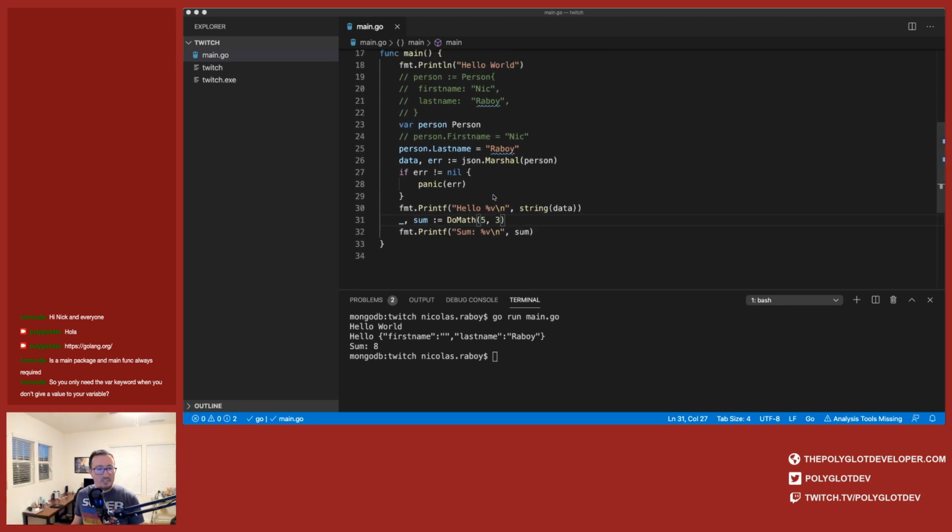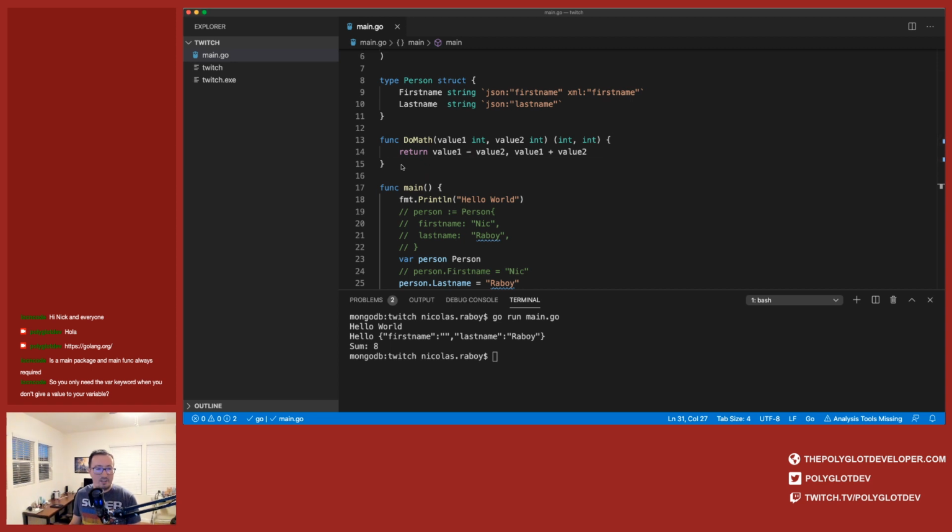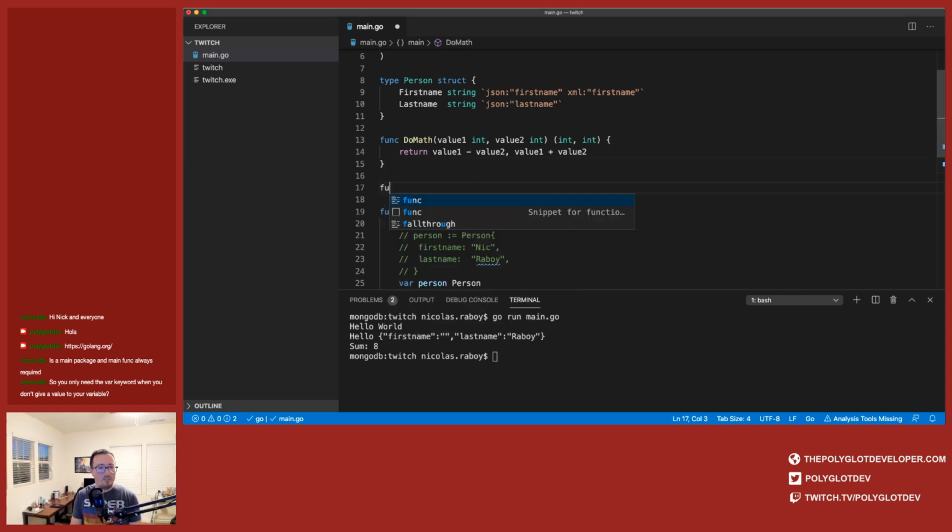What's next? What should we do next? So we have functions. There's more that we can do here with functions. For example, let's go ahead and add another function here. This time around, I am going to add a function to a data structure. I don't know if this is the best way to explain it, but coming from being a JavaScript developer, at least old JavaScript, where you can work with prototypes and add functions to, say, arrays and things like that, this is kind of how I relate to it.